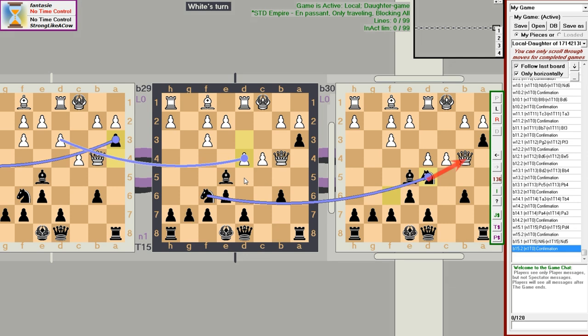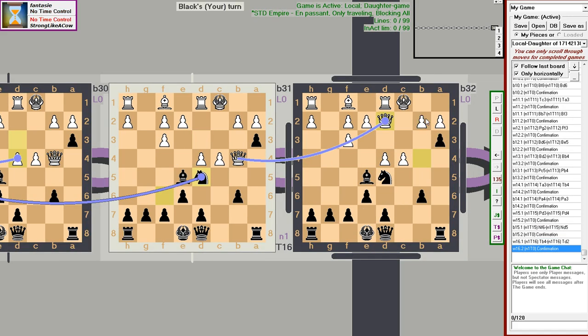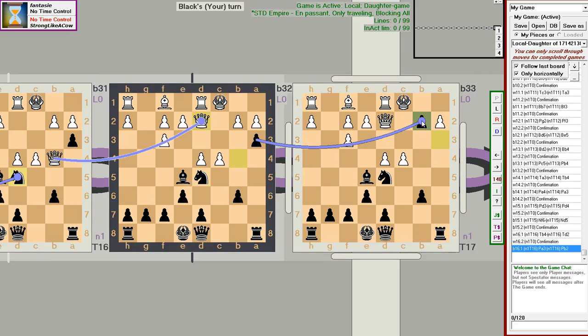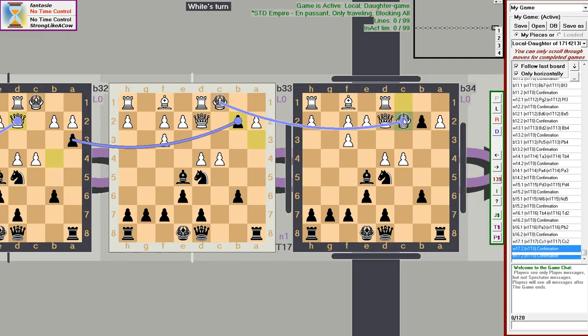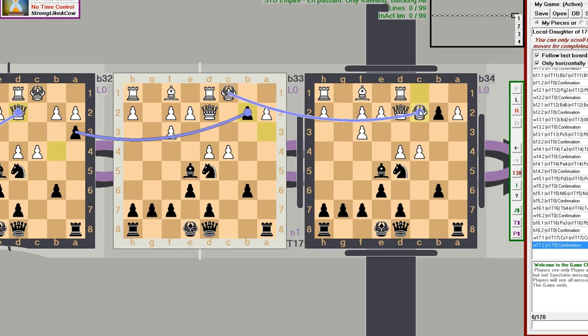And now white's Tsarina is attacked, and black threatens a move with their Tsarina to g5 with mate. Moving the Tsarina to d2 seems to be the only defense against these two threats. To this black can capture on b2, and white can either resign or slightly prolong the agony with a move like Caesar to c2 for example.